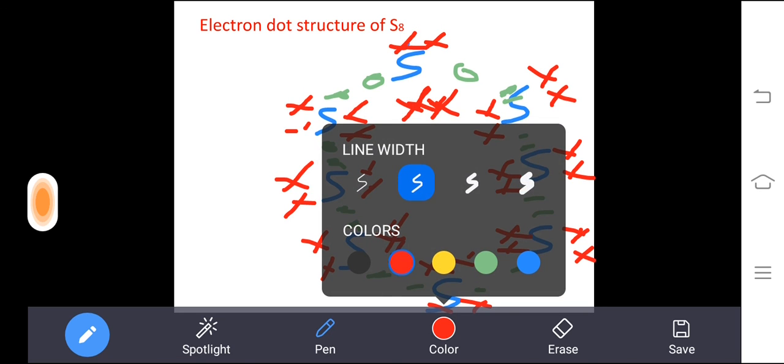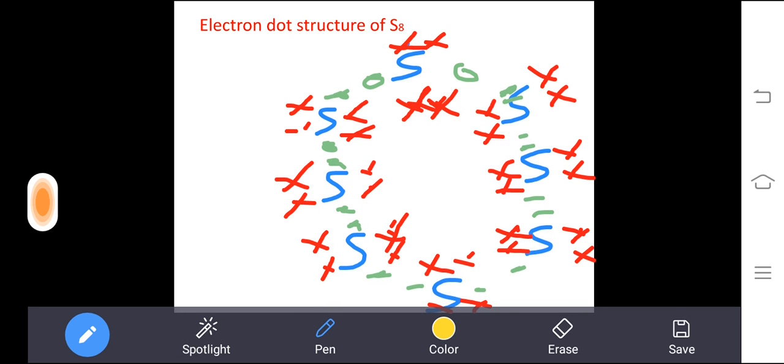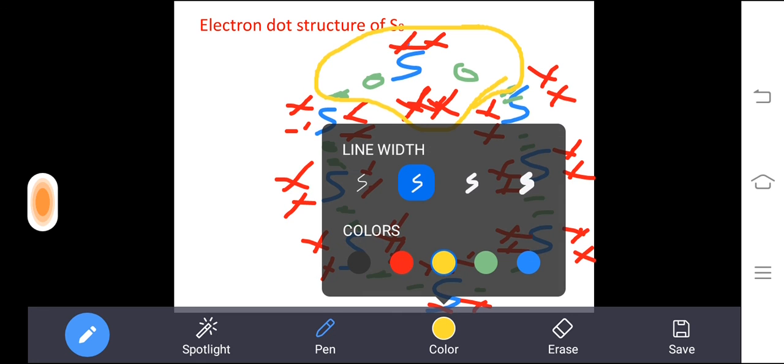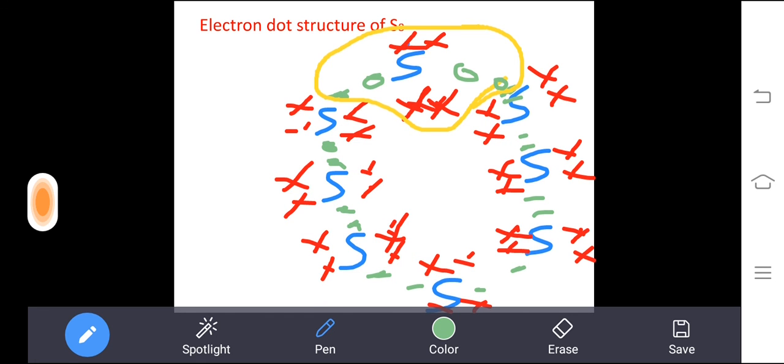So I use blue color and yellow color. See here, students. This one will share like this. You can see here. All the shared electrons you also want to count for the sulfur. Now see here, you can count it. If you count, 4 red are there and 4 of another color. So totally how much will it be? 8. Like that if you draw, for every sulfur you will get 8 electrons.